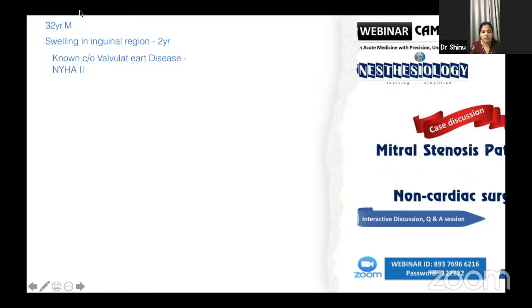Ma'am, PND and orthopnea correspond to NYHA classification 4 or 3. Orthopnea is mainly due to the increase in the transvalvular pressure. In MS, there will be an increase in the transvalvular pressure, which will increase the left atrial pressure. Because of the increased left atrial pressure, there can be pulmonary congestion, and because of the pulmonary congestion, there can be an increase in interstitial edema and it can cause congestive cardiac failure. Also, in paroxysmal nocturnal dyspnea, during the night time there will be decreased sympathetic activity, which causes a decrease in the LV function, which also affects the